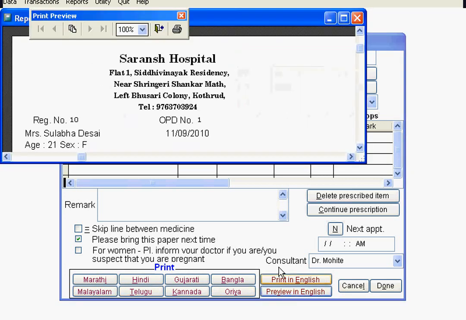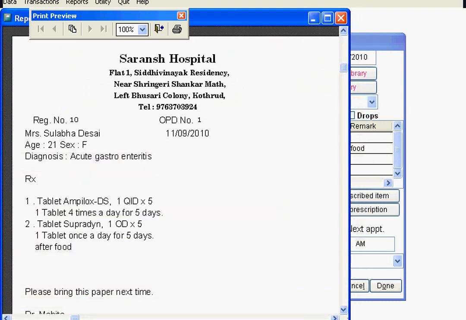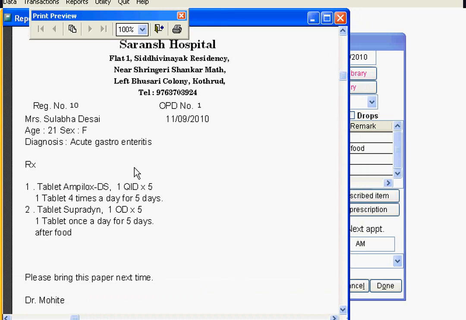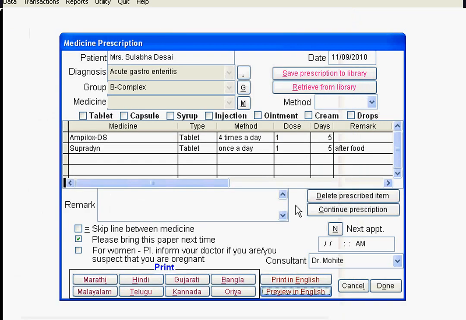I can quickly preview the medicine. The medicine will look like this. So it will print on a paper, and you can see doctor's name and all that. If I believe that this is a common prescription I have to give to a normal patient of acute